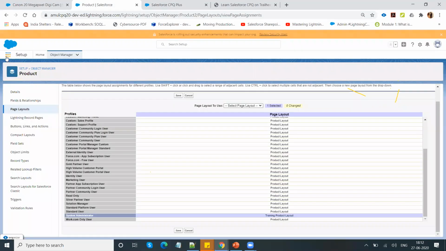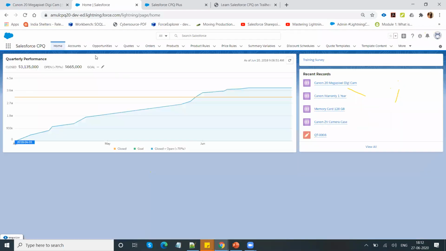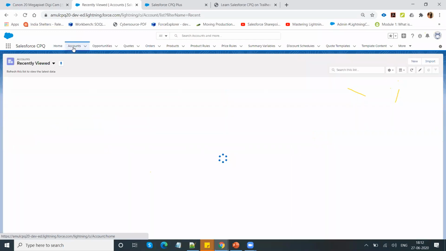We go and launch my Salesforce CPQ application. I'm going to open one of the accounts called Emergent Transport.